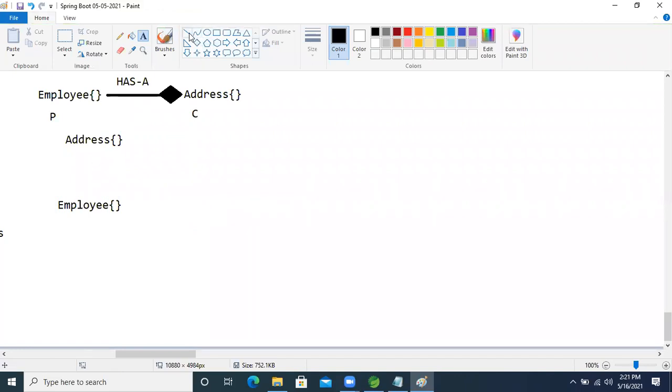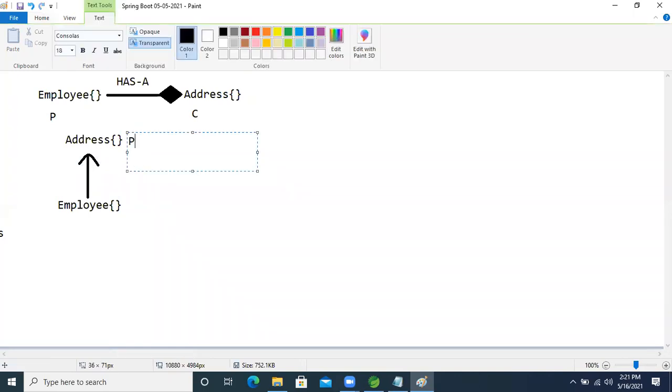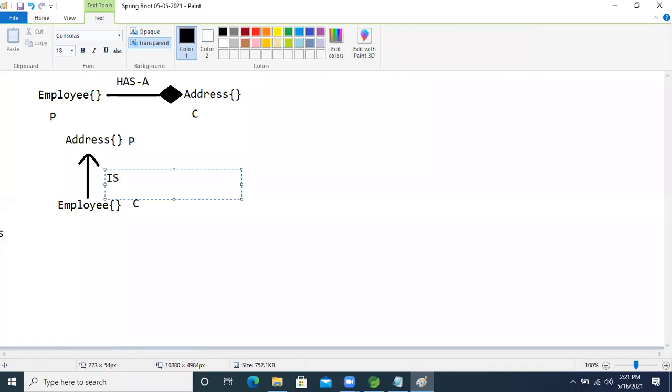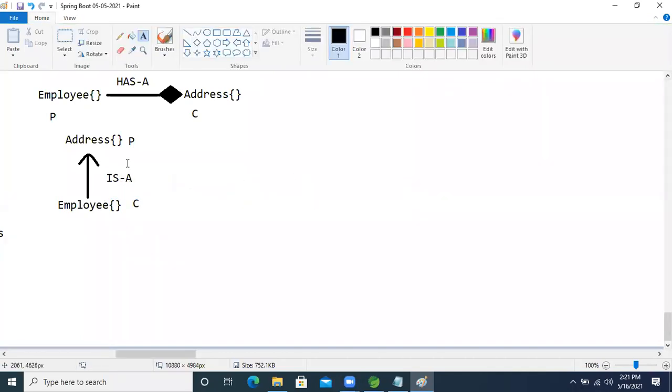But whenever we use implements or extends, which one becomes the parent and which one becomes the child? This one will become the parent, and this one will become the child, and between them there is an is-a relation.